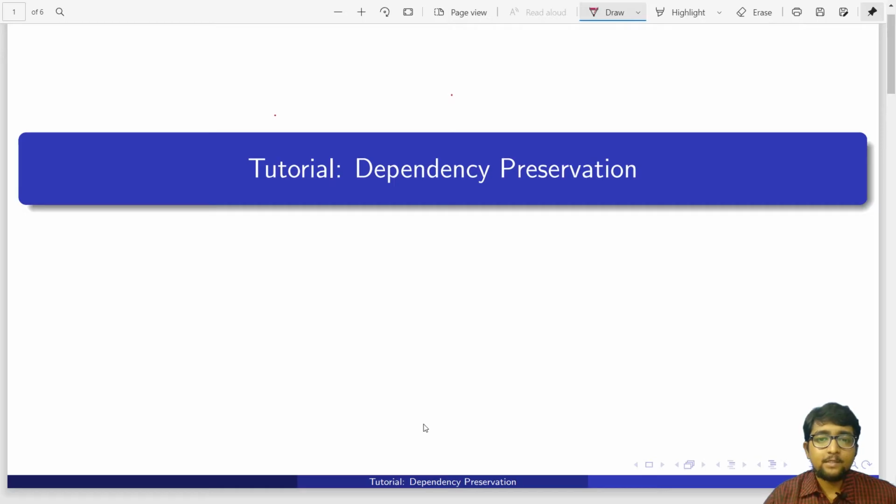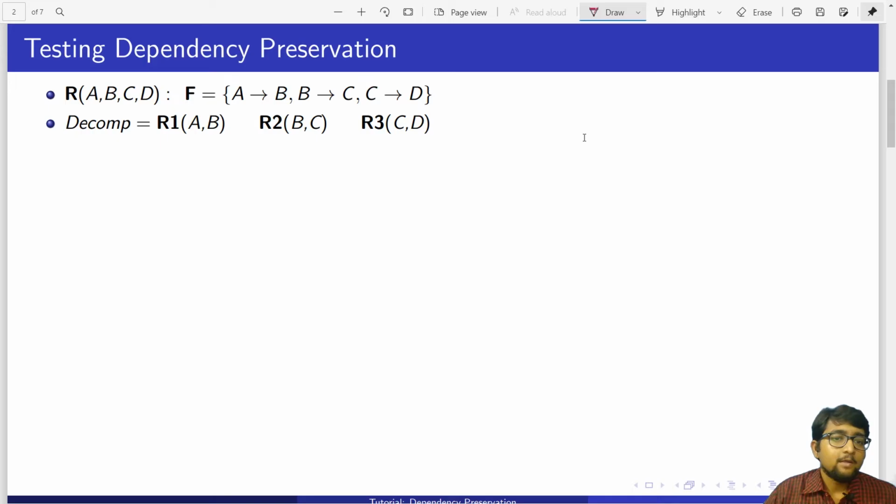Here we will primarily see some numericals and problems on how you would check dependency preservation when you are given a question. Now let's check whether the dependencies given in the parent table, which is F, are preserved in the subtables or not. The process to check that is, we apply those dependencies of F in each table that are applicable with respect to the corresponding attribute set.